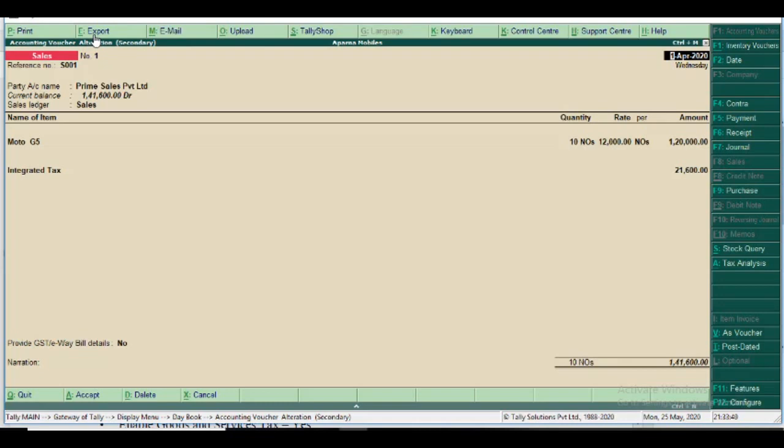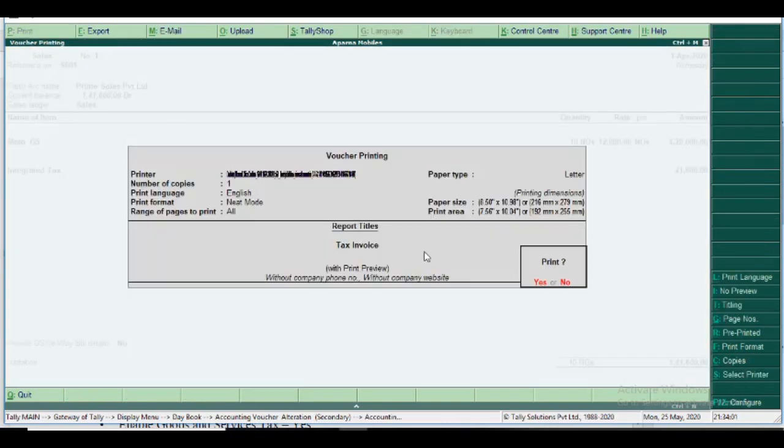Alt plus E is the export option. Alt plus P is the printing option, Alt plus E is the export option. If you press Alt plus P, it will come easily. When you have connected the printer, you press yes. Otherwise, to view it practically, please check whether it is print preview. I explained it clearly in the POS topic with the print preview.